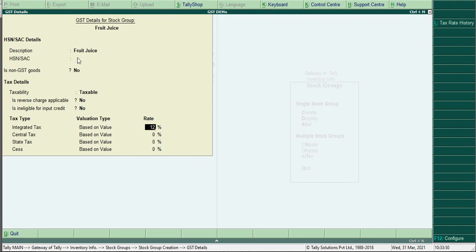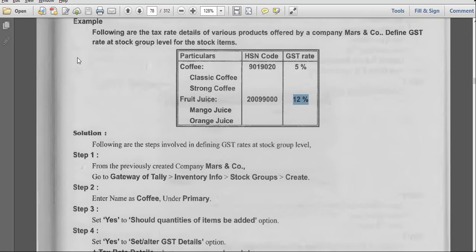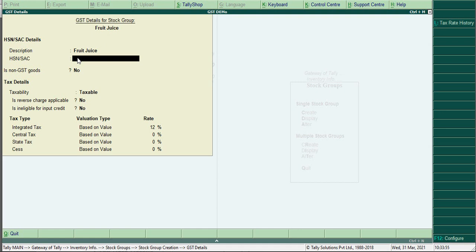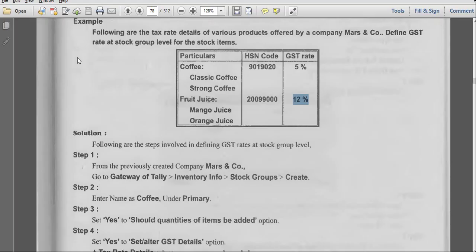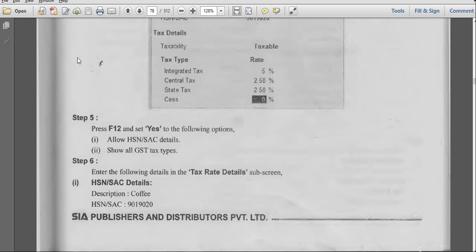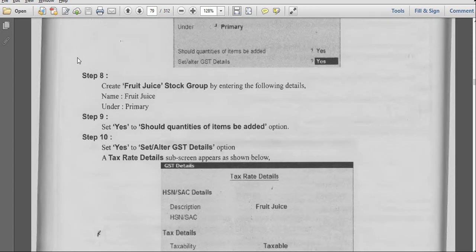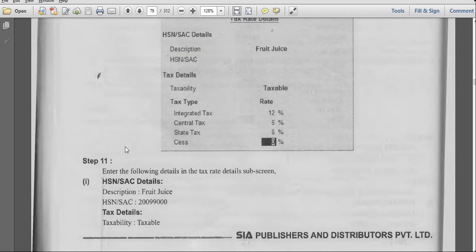And here we have HSN number 2009900. 6% is split. So this is how to set the GST details at the time of stock group creation. This is what we have seen just now. Okay?